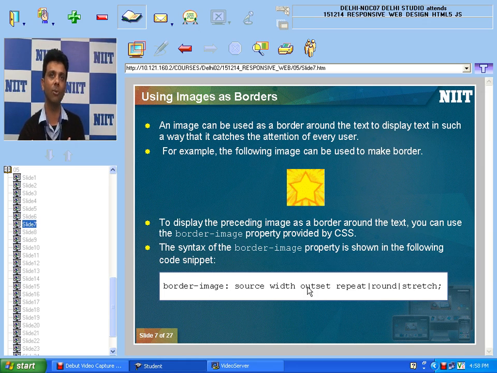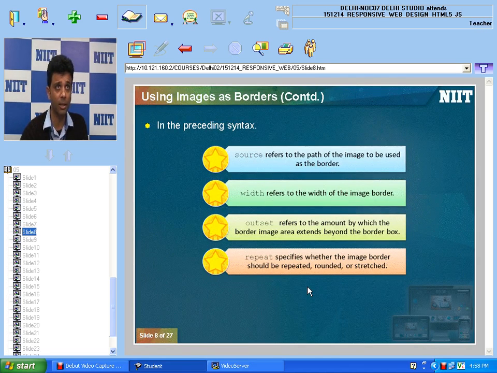So for that we use the outset property, and then we have the repeat, round or stretch values. These three values I can use. Repeat means the picture will repeat again and again, or I can use round, or I can use stretch. So it will display the